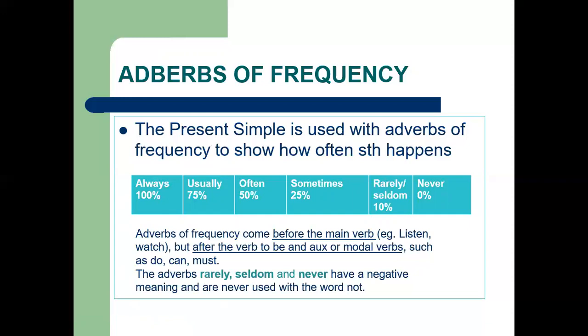So you say she usually drives to the office, right? When the verb to be is used, then the adverb of frequency is going to be placed after the verb, right? When you say, for example, she's usually late,